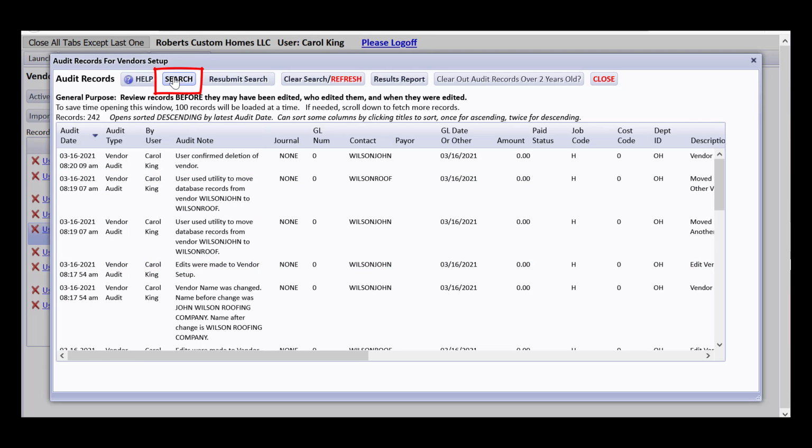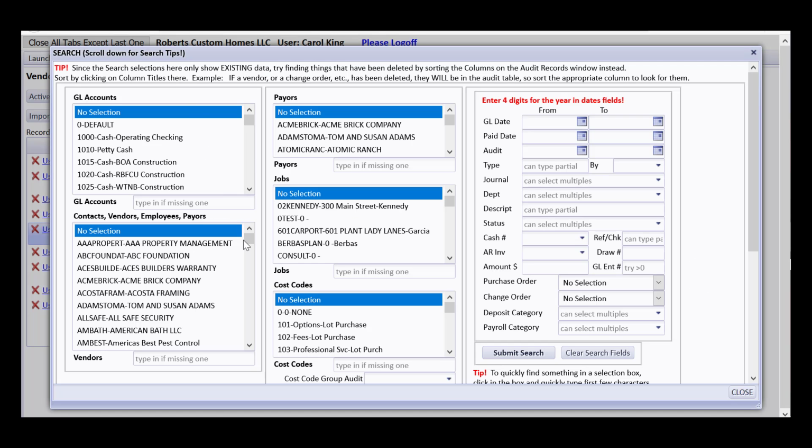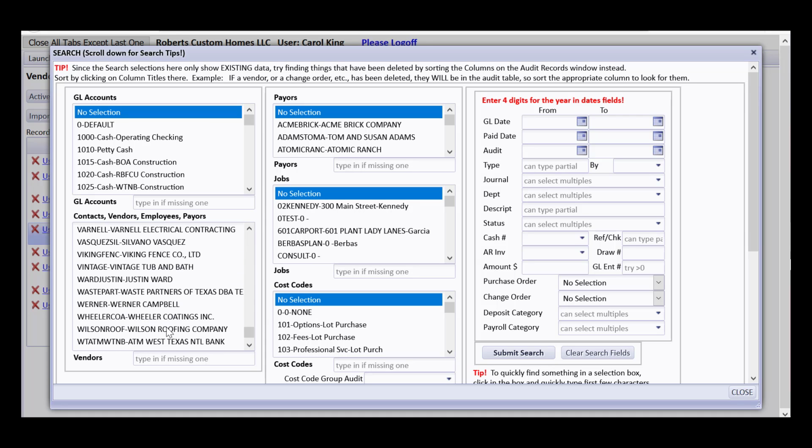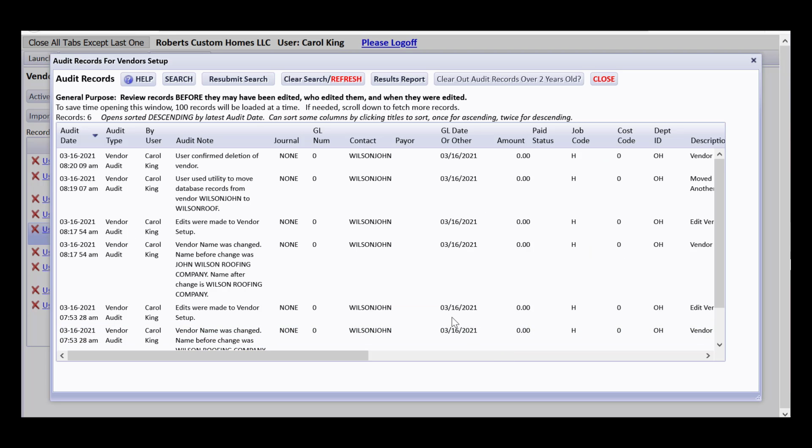Now if you go to search your audit records, if you open the great big database and you look for Wilson John down here, you won't see this because this lookup place is just looking for vendors that are set up. So if you want to say, I have these reports and this purchase order that was issued and it says Wilson John, what's the deal? I can't find Wilson John anymore. On this audit table, you could put down here, it says type something in. If it's missing, type in Wilson John like that, submit a search of the audit table, and you see that